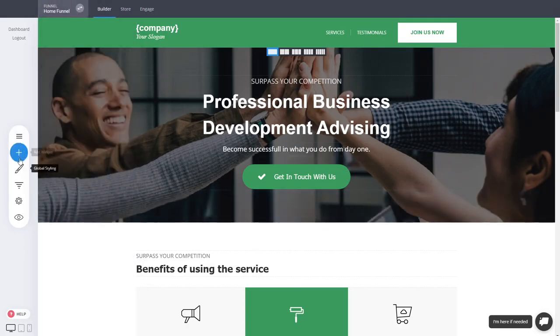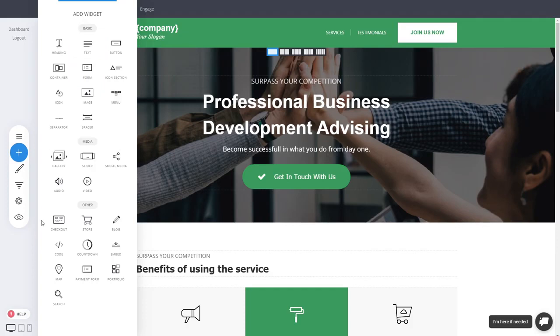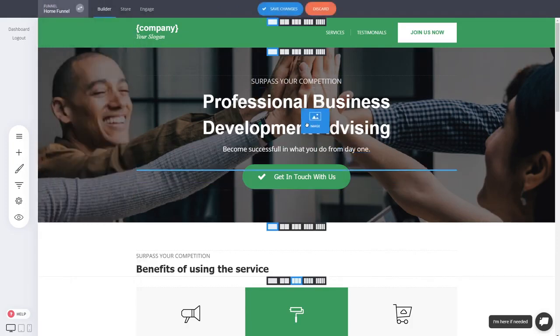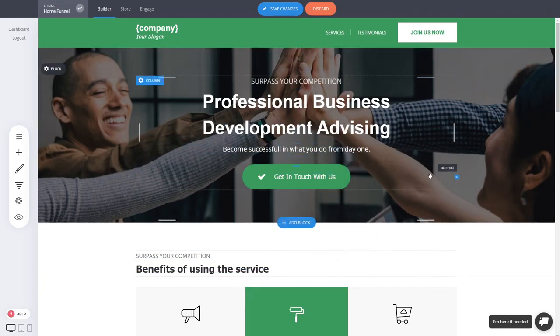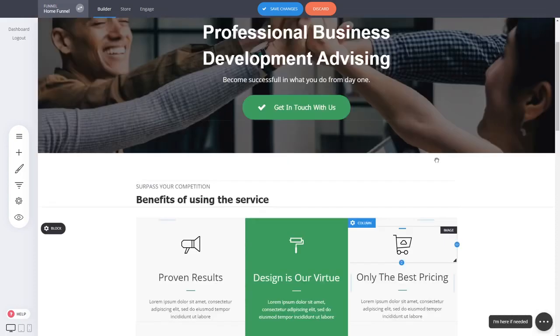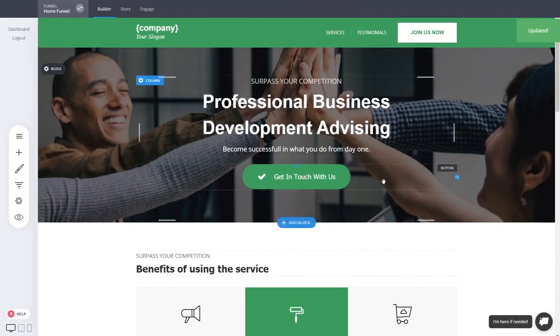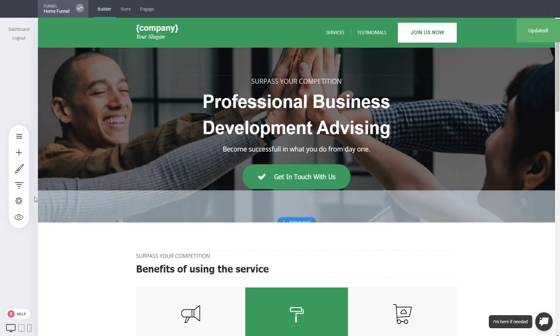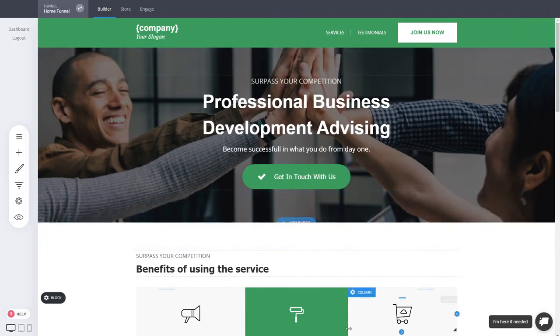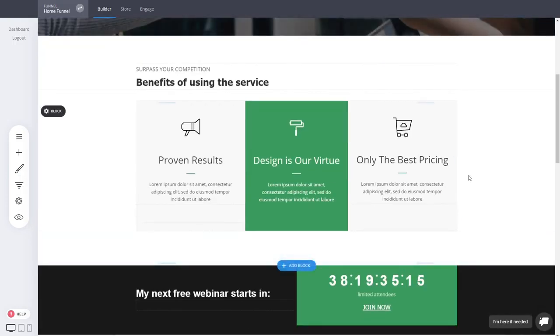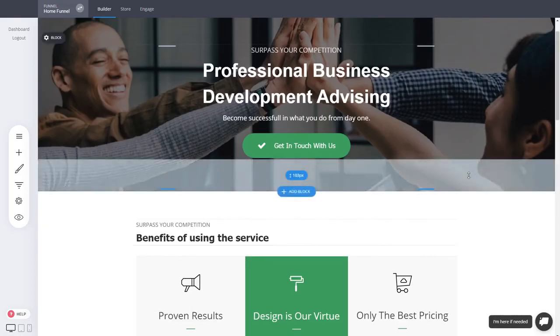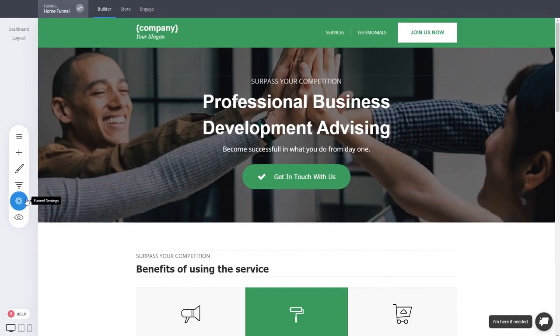If you want to add any widgets, just a reminder, you can do it from the widget sections, and you can drag and drop anything anywhere on the page to create amazing different templates. And yeah, this is how simple it is. So what's left to do in this case is, how do you actually connect to the domain? When you're ready with your funnel and you want to connect to the domain and start using it and promote it elsewhere,